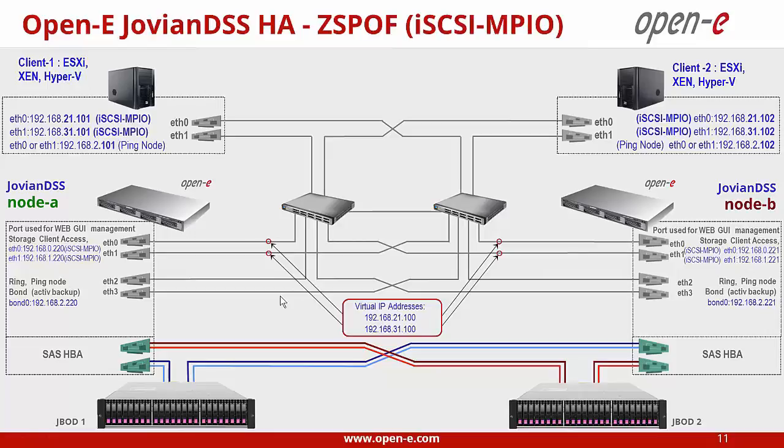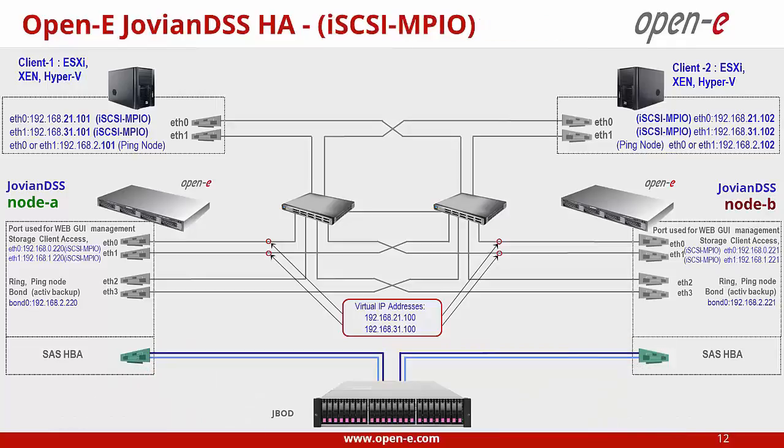Okay, next option, everything is identical. Instead of this, storage export is now on multipath. So I do not have a bond here, I have two separate paths, so I will also have two separate virtual IPs. And on the storage client, I also use two cards on separate subnets to configure a multipath, right? And on this chart I also use a double connection to show that now disk multipath is possible as well.